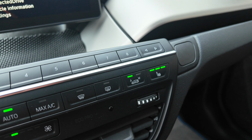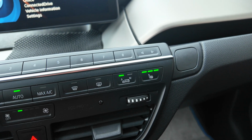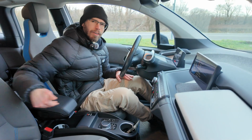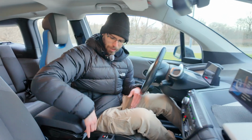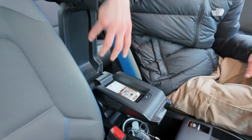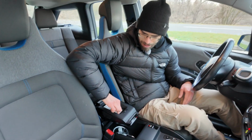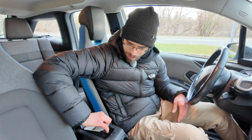With the 94 amp hour battery, the heated seats became standard, which is not just for seat heating, but it also means that the i3 now has a standard fit battery heater. And the last thing which is worth pointing out is the enhanced Bluetooth package. This is a little bit old school because these early i3s came with a dedicated cradle for your mobile phone. Honestly,